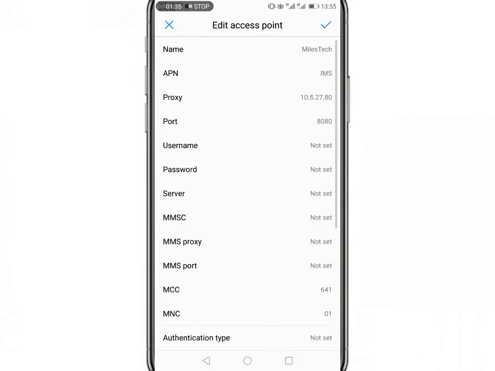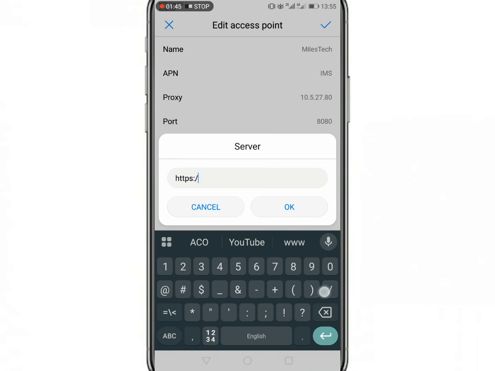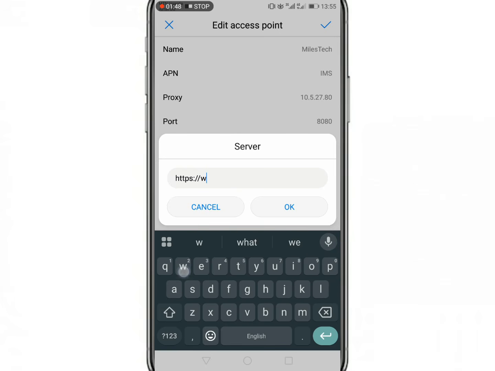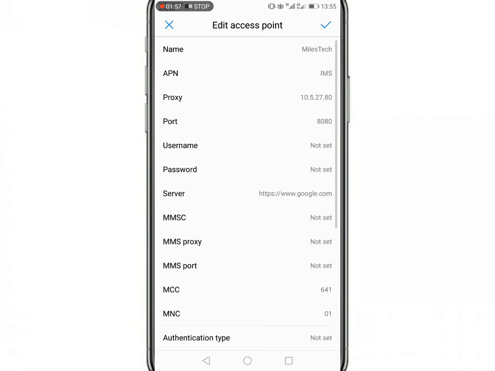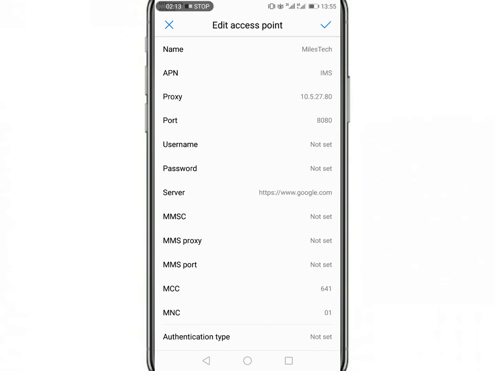And then after, don't set the username, don't set the password, but the server must be set to https://www.google.com, and then after press OK. The MMSC, leave it as it is, and the MMS proxy, leave it as it is. The MMS port, set only that one, and then after you